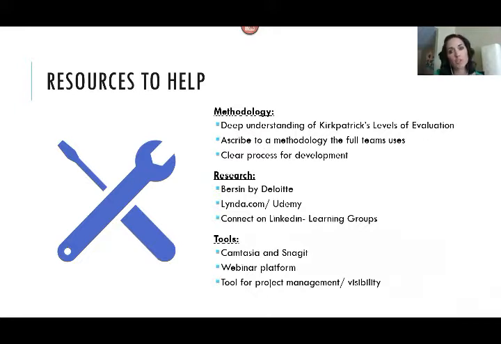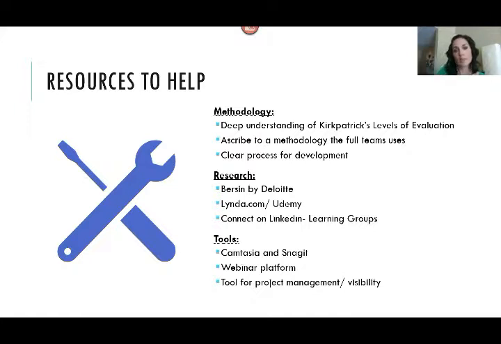Ascribe to a methodology that your full team is going to use, whether it be you and one other person, you and 7 people. You want to make sure you put something into place that is going to scale as your team grows. So putting together a methodology, whether it be ADDIE, whether it be an offshoot of ADDIE, whatever it is, make sure you have something that when you do have people come into your team, you can point to and say, this is how we do things, this is why we do things. It keeps things consistent, and it gives a very good user experience when you start putting out content.